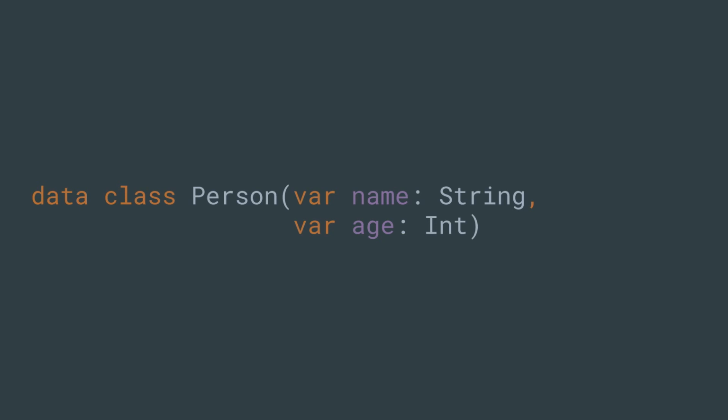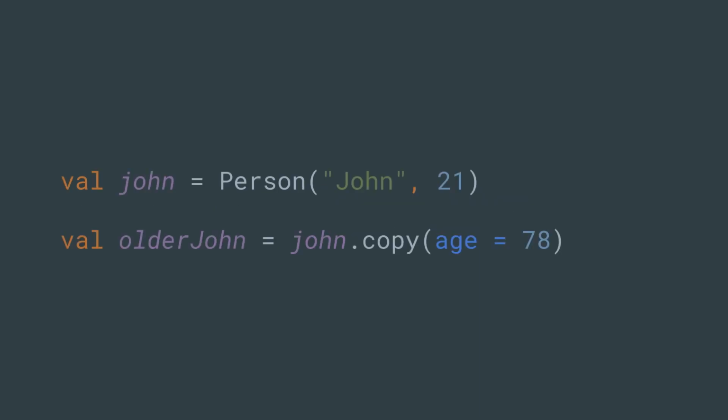So in Kotlin, what you just need to do is change your vars to vals. They act just as read-only properties. And what you do is this. A data class also synthesizes this copy method, in which you can just specify: I want another copy of this object with this property changed. You can pass multiple properties, or only one, and it gives you a new instance of person with only those properties changed. It synthesizes all that for you. All of that is given to you for free.